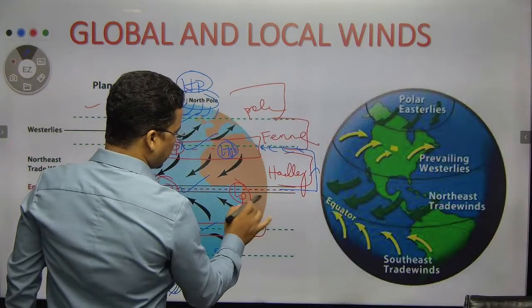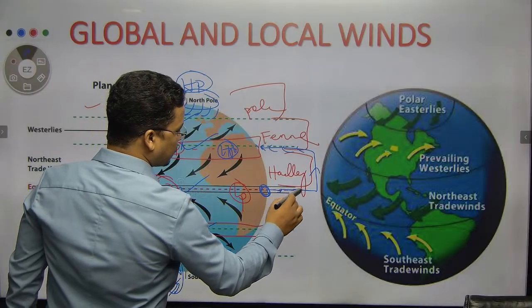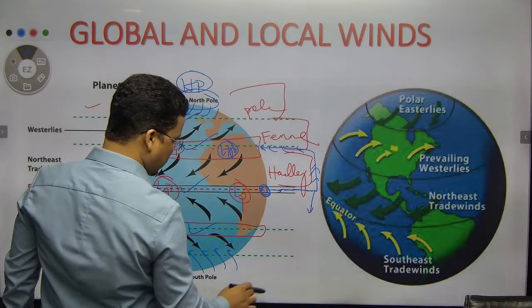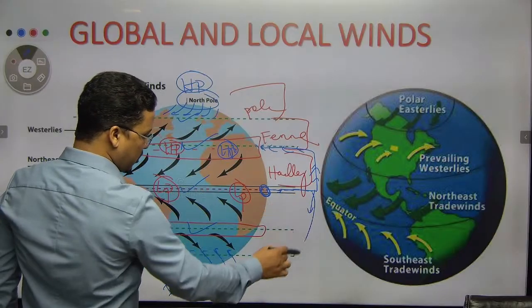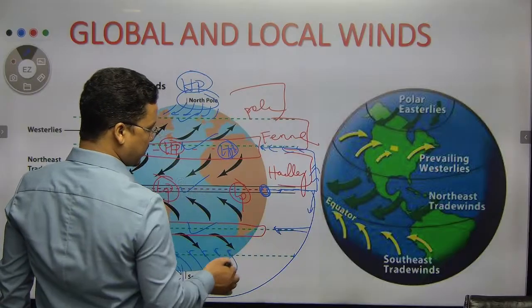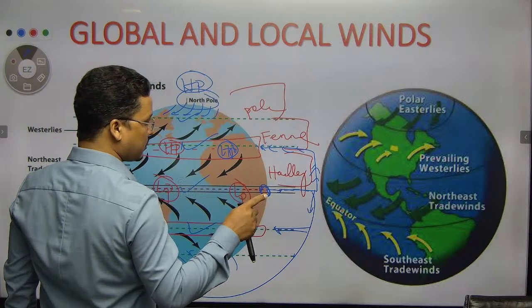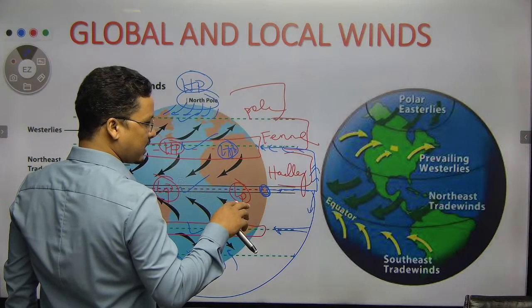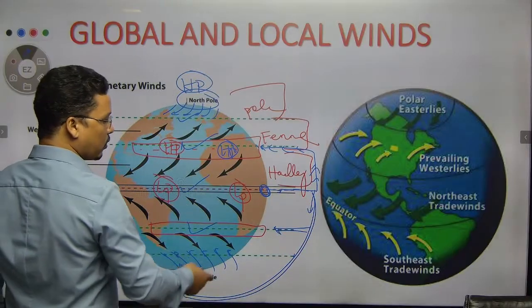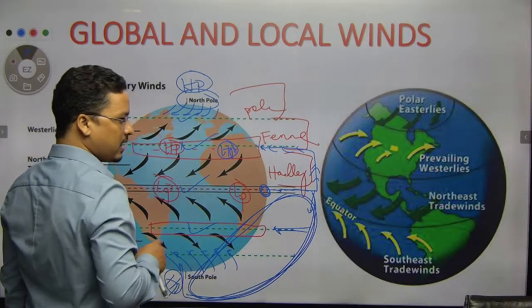Let's say this is your earth floor, right? From here the air will move into both the hemispheres. As it moves, it tries to come to the pole, but it will descend over the Tropic of Capricorn, because the earth is rotating. Had the earth been stationary, the wind would have moved directly to the pole and descended there, so that it would have a single cell. But due to the